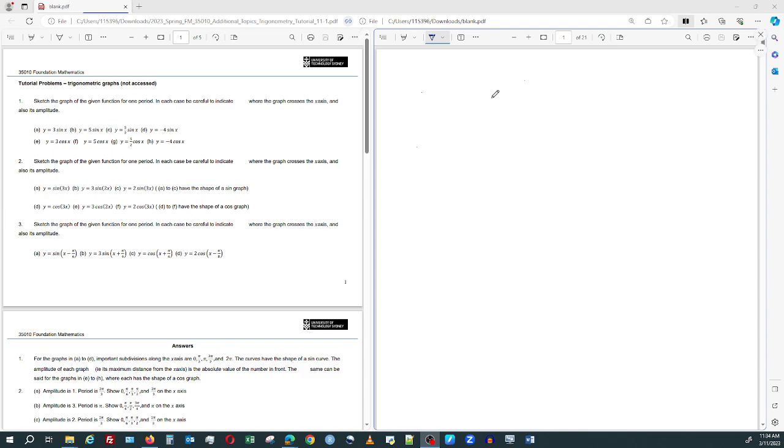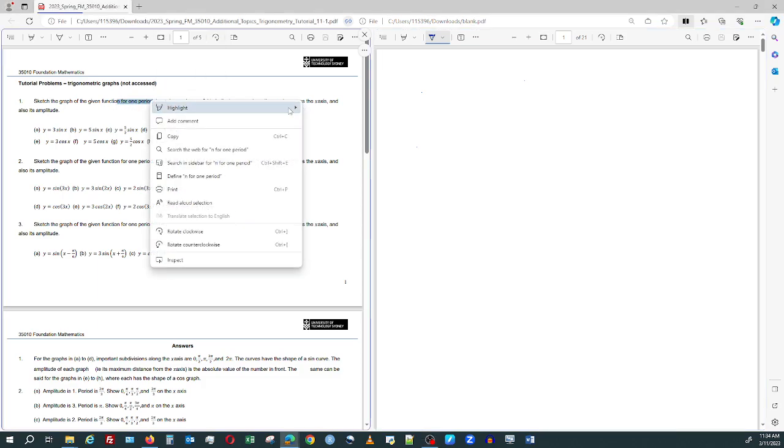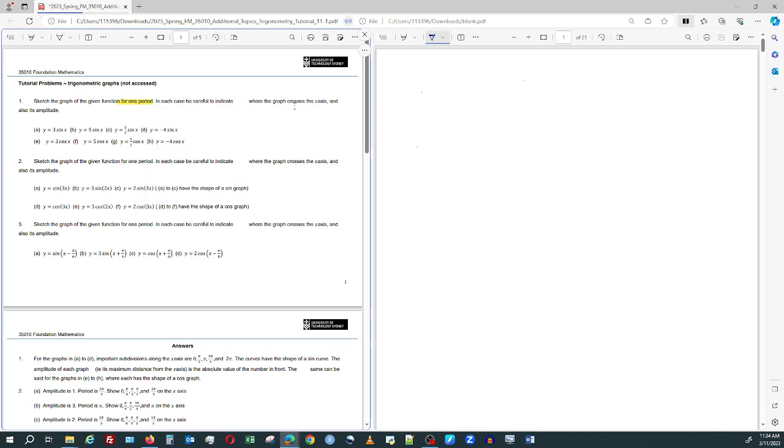So we're looking for solutions to these particular problems. Sketch the graph of the given function for one period. In each case, be careful to indicate where the graph crosses the x-axis and also its amplitude. So this is not difficult, but what I would encourage you to do in doing these is to set up your